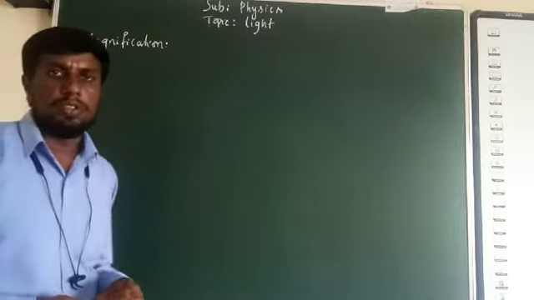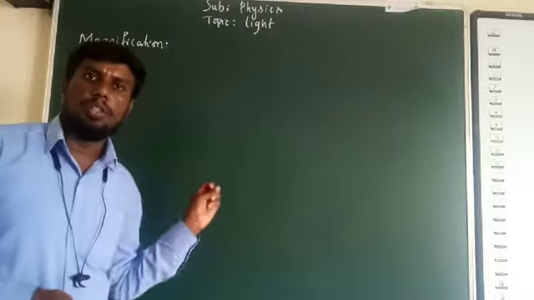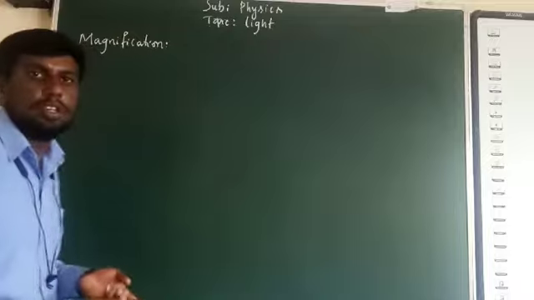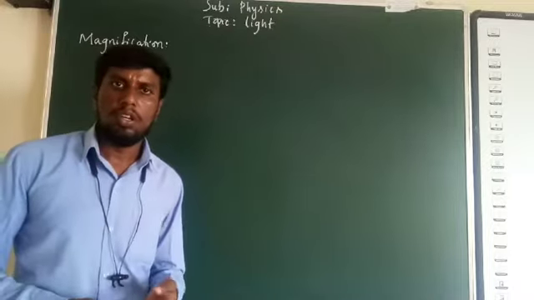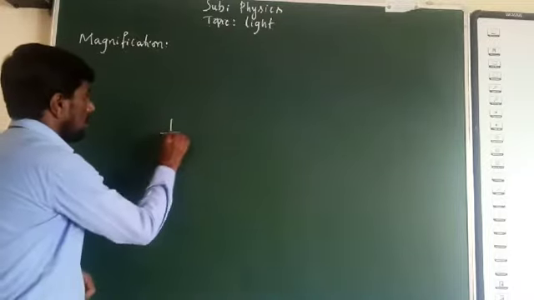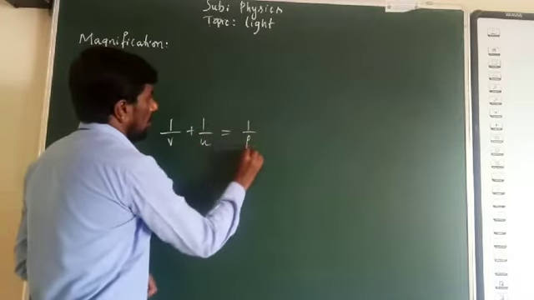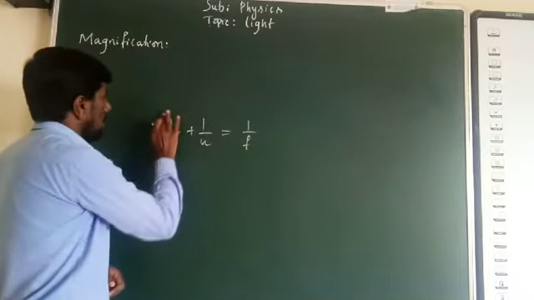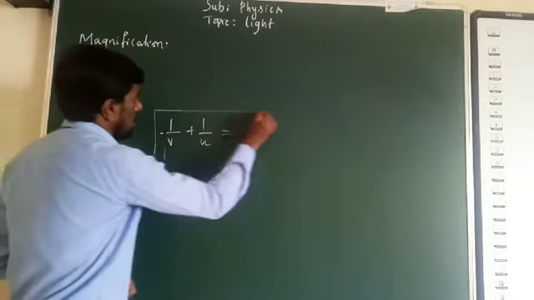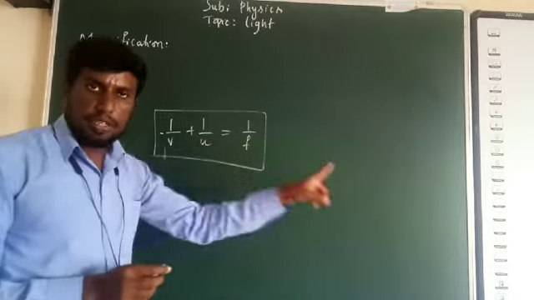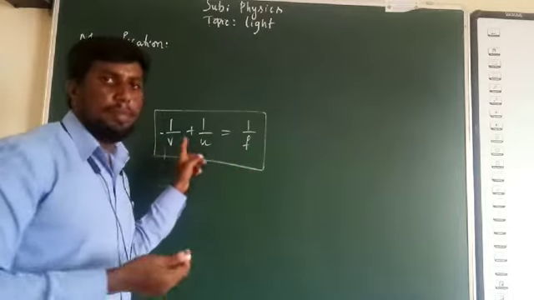It's magnification. Last class we studied the mirror formula. We know the object distance, the image distance, and F is the focal length. Then the relation will be 1/v + 1/u = 1/f. This is called the mirror formula, where u is the object distance, v is the image distance, and